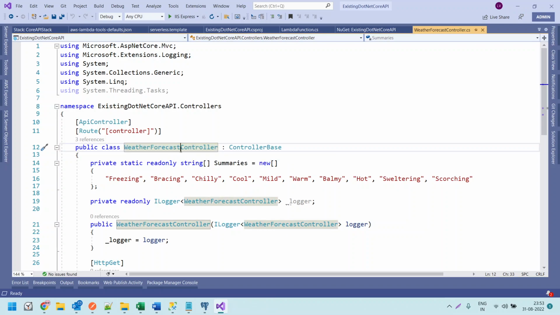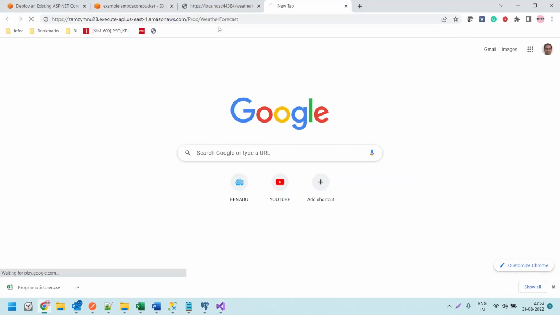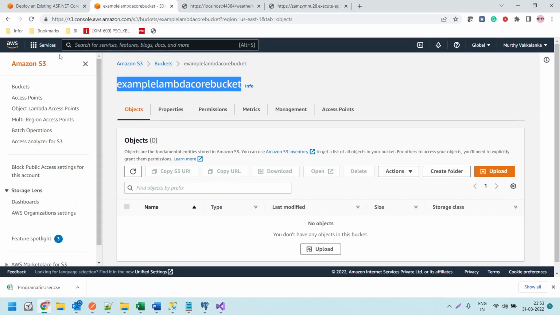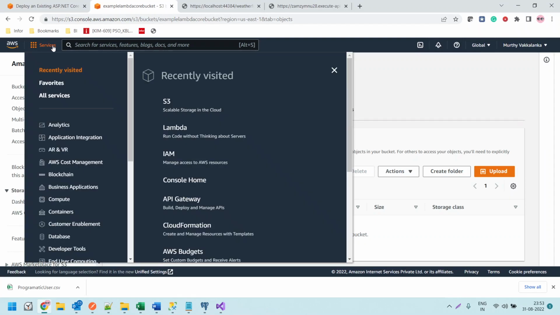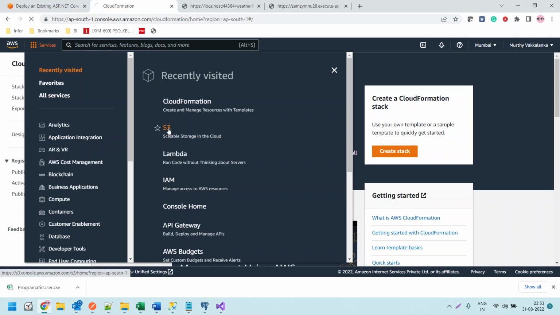We don't need to give this controller name, right? So let me browse it. It is browsing. So now it has deployed successfully and we are able to see that. And if you go to CloudFormation, we can see that stack. Not CloudFormation, I'm sorry. If you go to S3,